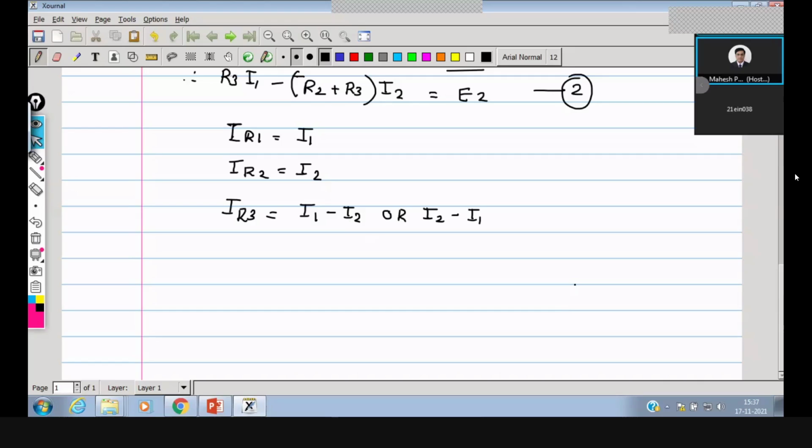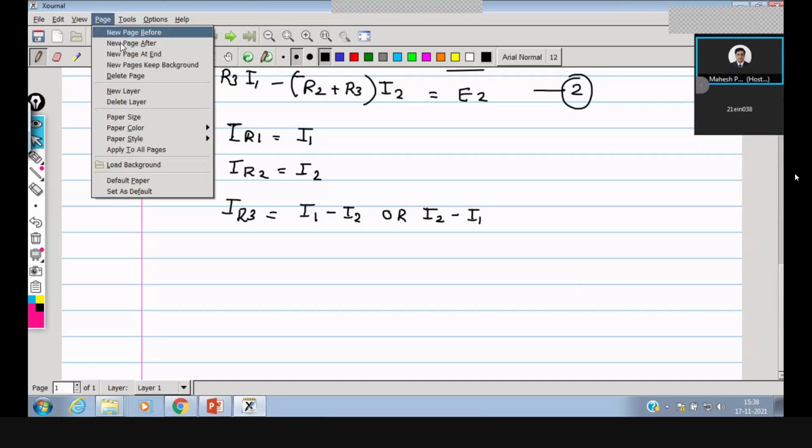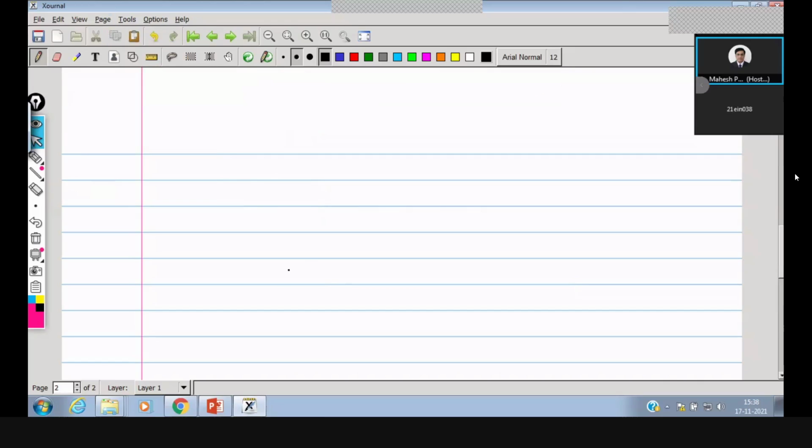Now let us consider one more network having three different meshes, a little bit complicated. Okay, let me start a new page. So one more network where we are going to apply more meshes and more batteries that we are going to connect. Draw the network with me and then we will try to write the expressions accordingly. First of all, I will start from here. So there is a battery. One more resistor.